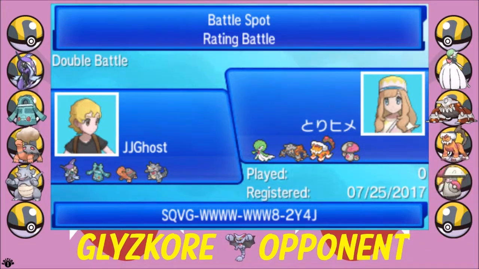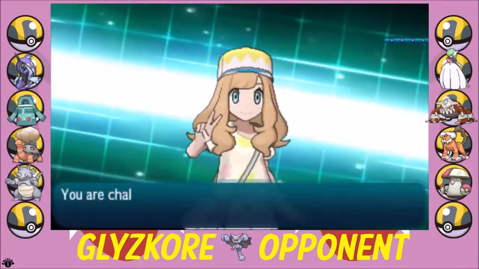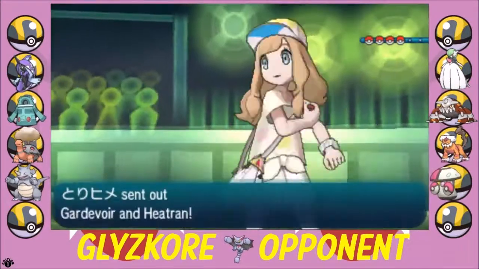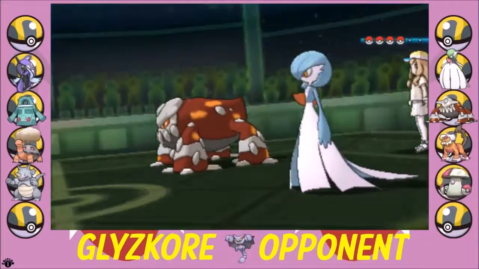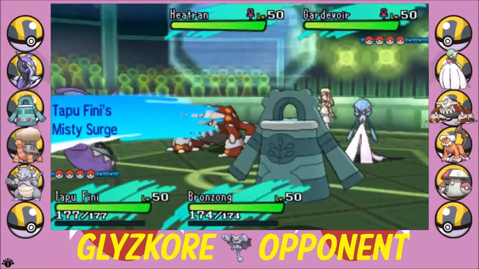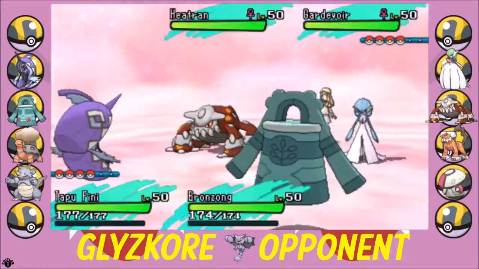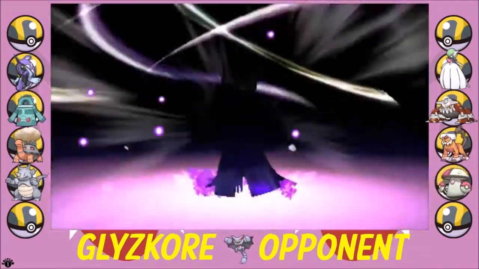Anyways, my opponent is rocking that Gardevoir and Heatran, Heatran with Landorus and Amoonguss, a real nice core there. I really need to try that team out myself as well. So as I said, he leads Gardevoir and Heatran, and I lead Bronzong and Tapu Fini. I had to lead Tapu Fini just in case he led Amoonguss to set up the spore on my Bronzong. So basically the threat of Amoonguss is neutered right now because the